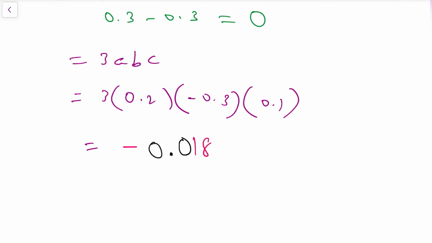Next let us move to bit number 15. In the 15th bit, question number 1. 4a square plus 4a minus 3. Give possible expressions for the length and breadth of the rectangle whose area is given. So the given question is area. 4a square plus 4a minus 3 is the area of the rectangle.